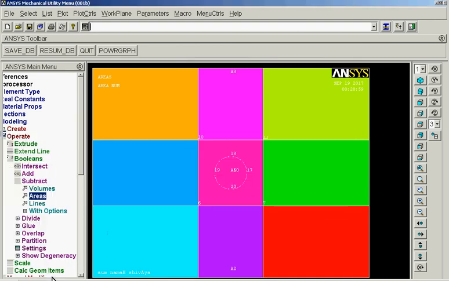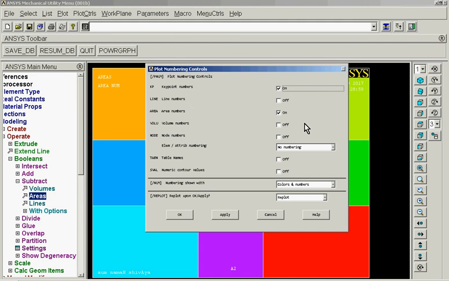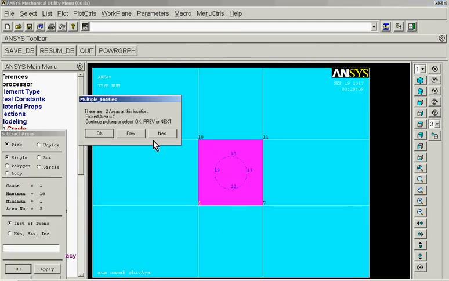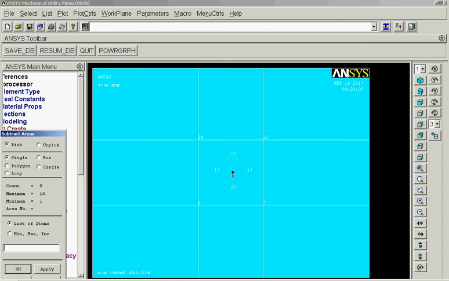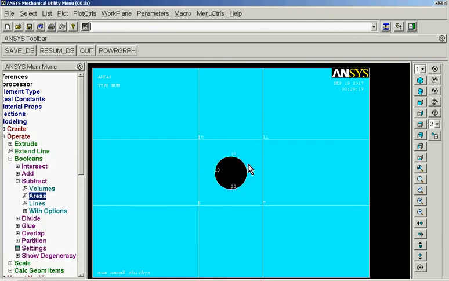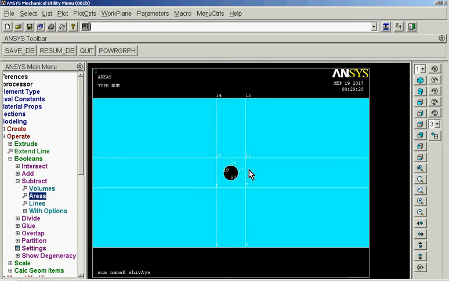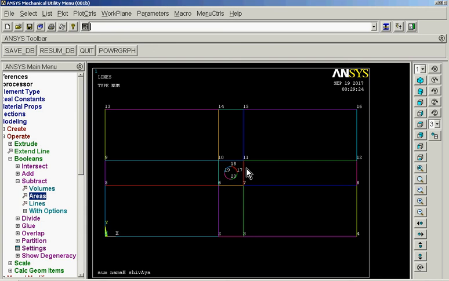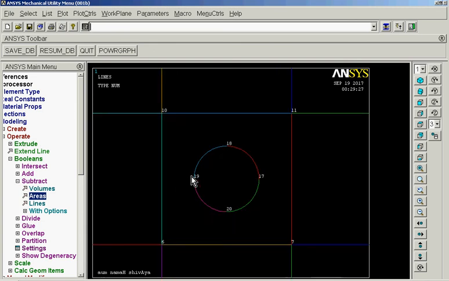Previous, no, okay, wait, plot controls numbering. I'm going to switch this off so that I can see it properly. Okay, now this is selected, previous, this is selected, okay, now I've done that. We'll go back to plot. Okay, now what I can also do now is